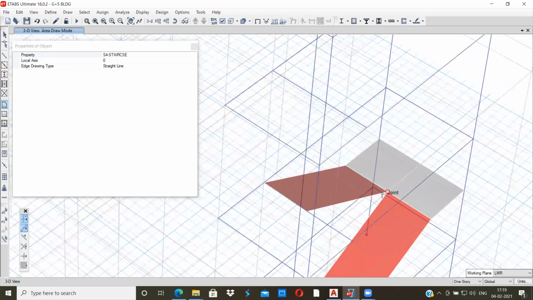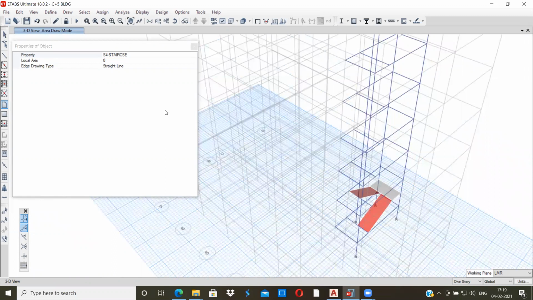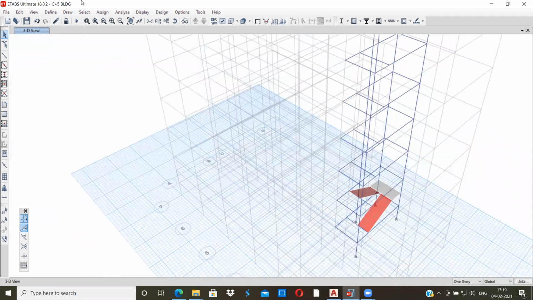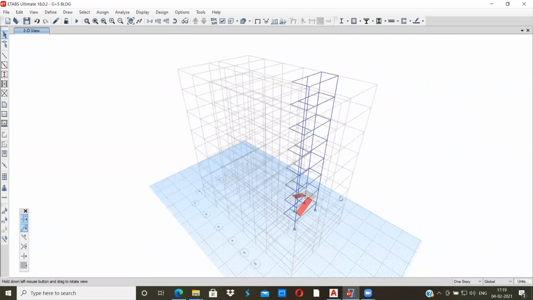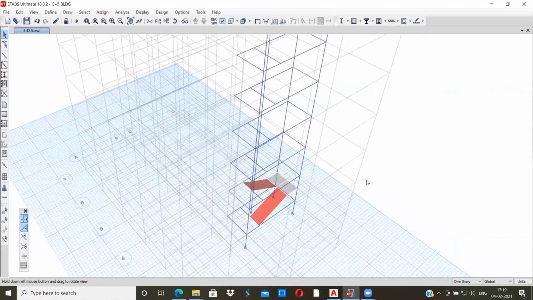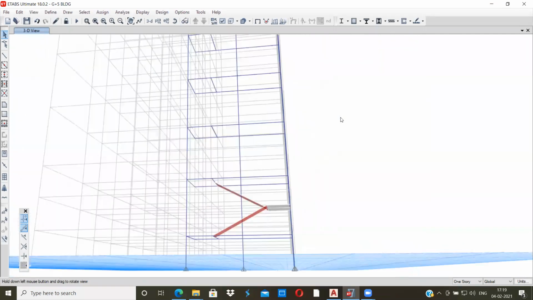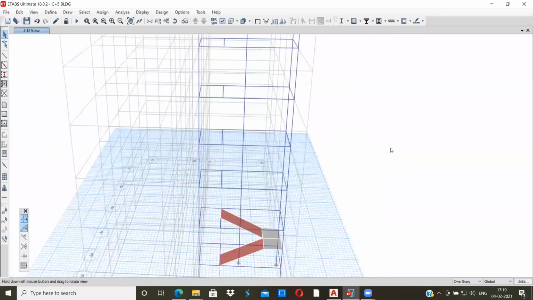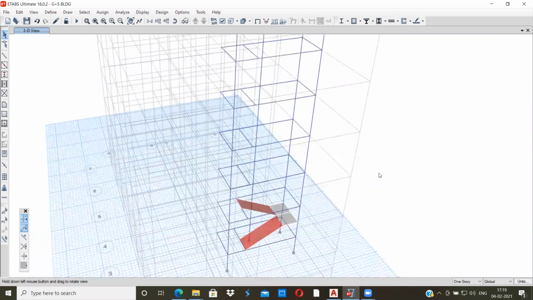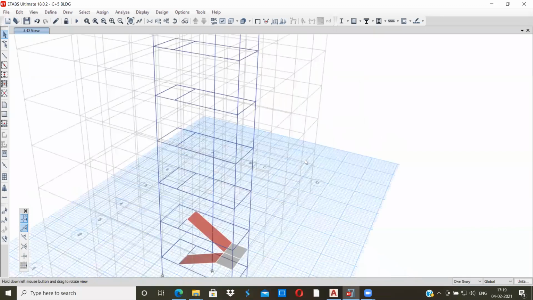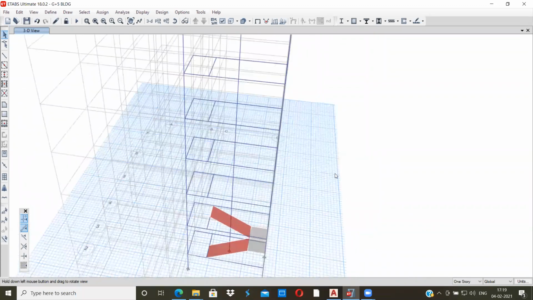I'll press escape and I'll just rotate it and see whether what I've got is okay. It's fine, right? So if you get it right in one floor, it's easy to replicate to the rest of the floors.